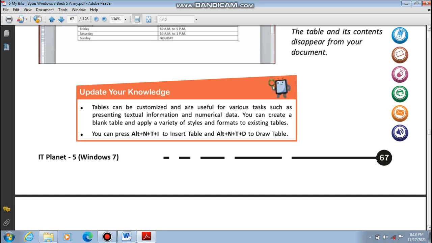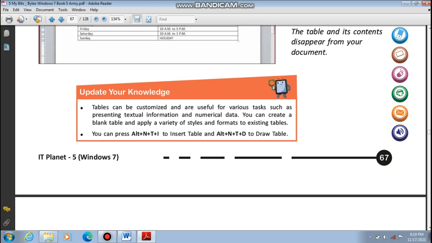These tables are basically very important if you want to represent any textual information or any numerical data. For getting a new table, you have to use the option Alt N plus T plus I. To draw a table, you need Alt plus N plus T plus D. For insert, you will use I, and for drawing, you will use the option D.